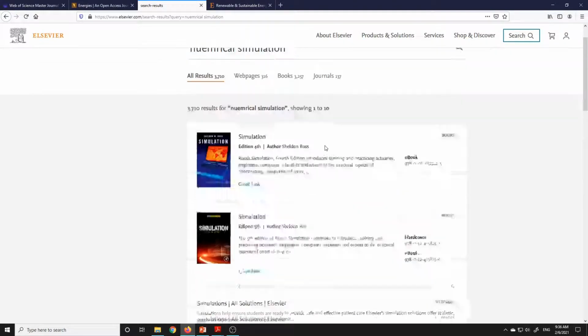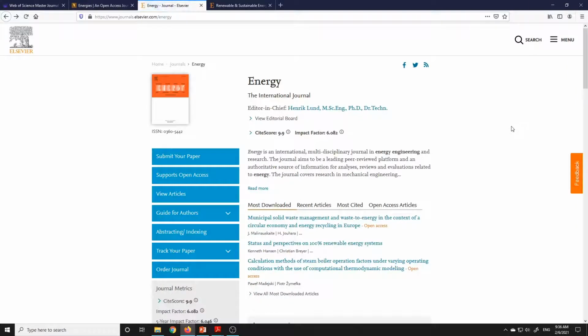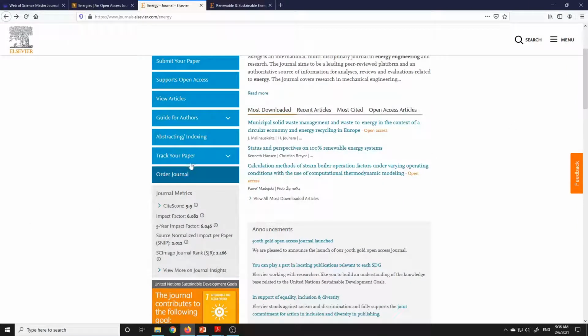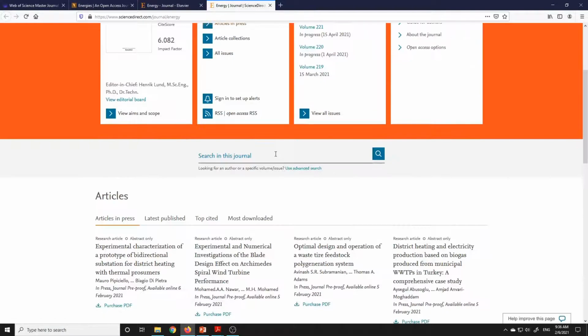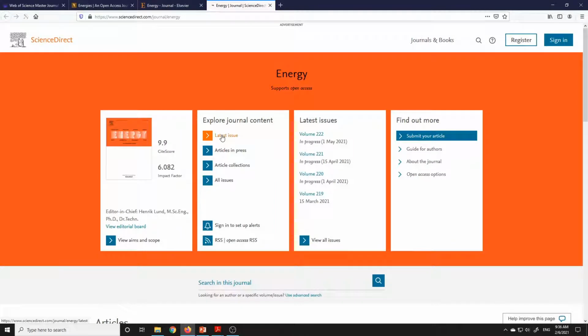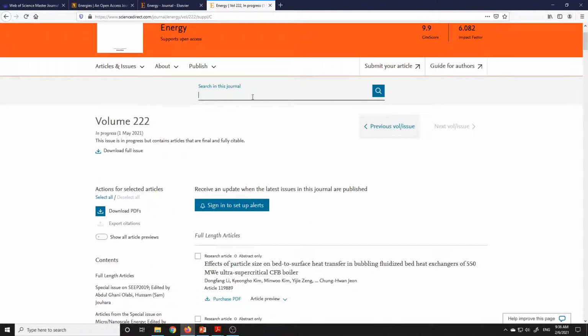I don't think it is coming. Wait a second, I think I might have searched it wrongly. Track your paper, guides, view articles. Simply go to view articles, and always go for the latest issue. Here you can search numerical simulation.